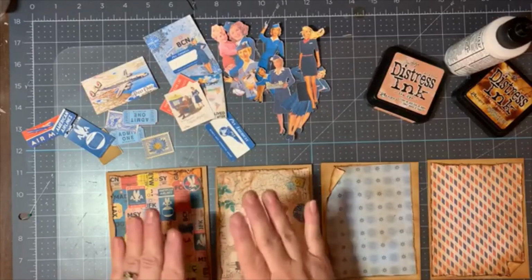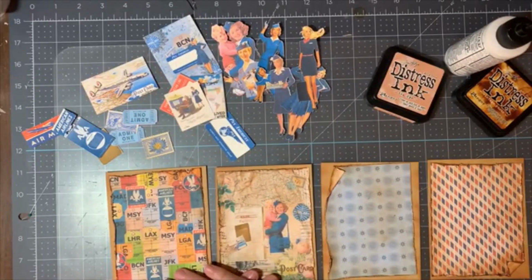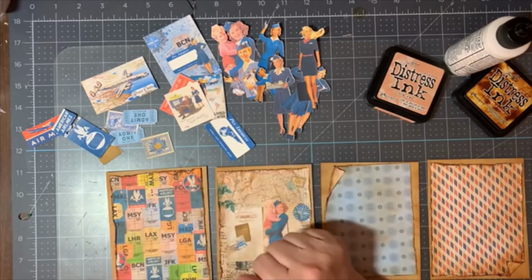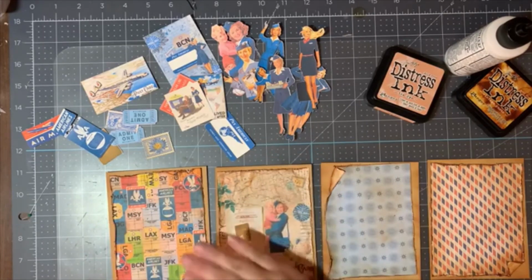Now, in this Now Boarding kit, these papers were part of it, as was all this ephemera, but then there was also another page of ephemera, and it was called Red Badge, and I decided not to use that. I wanted to kind of stick with these pieces here,